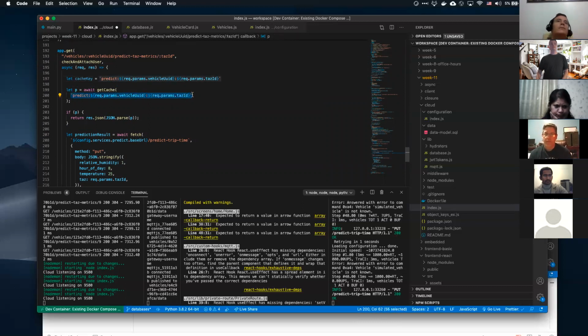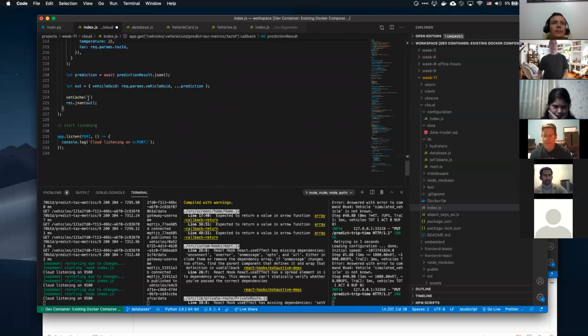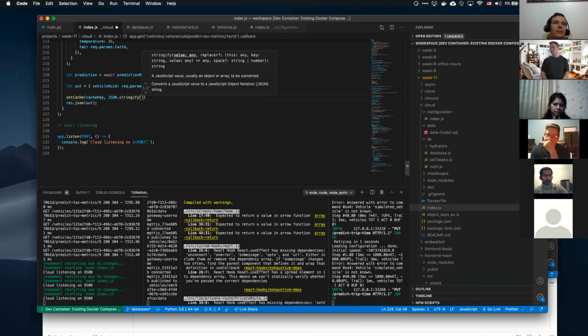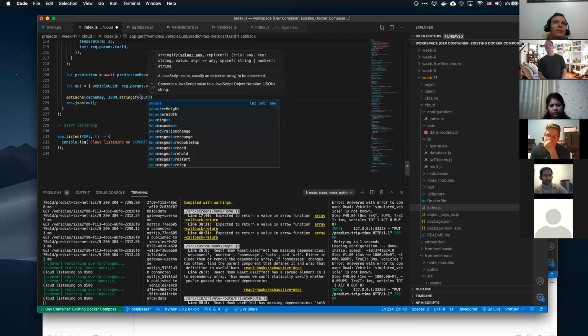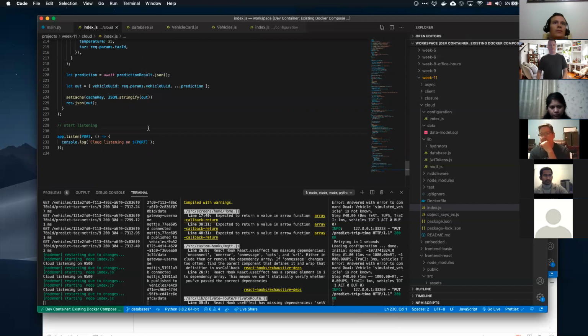I use that thing twice now, so I'm going to abstract it. So I'm using cache key, right? And then I need to JSON.stringify my out. Nice, sweet. So that will set the cache.